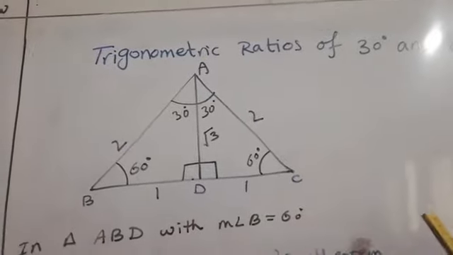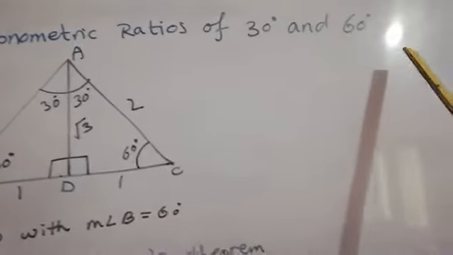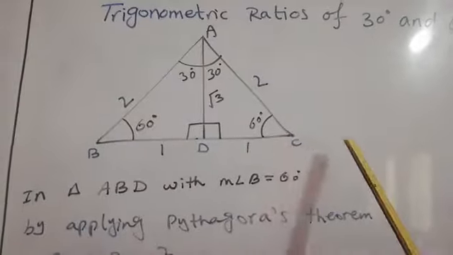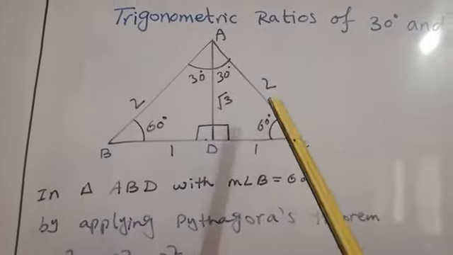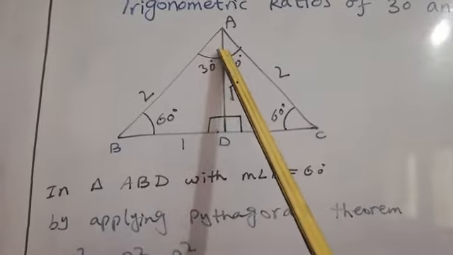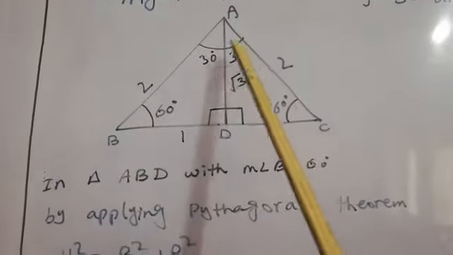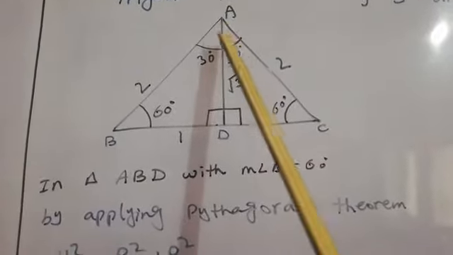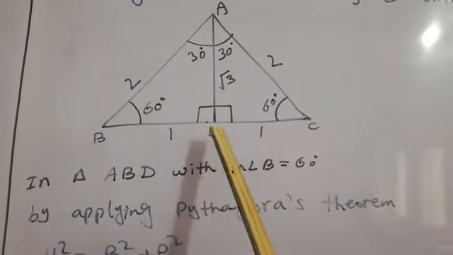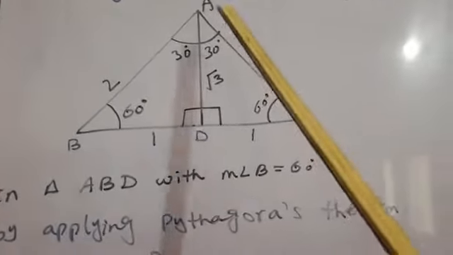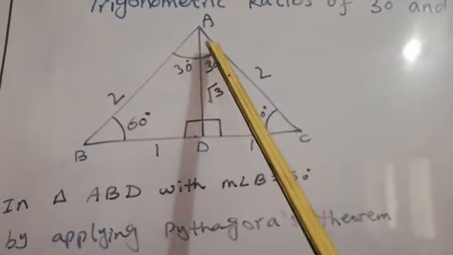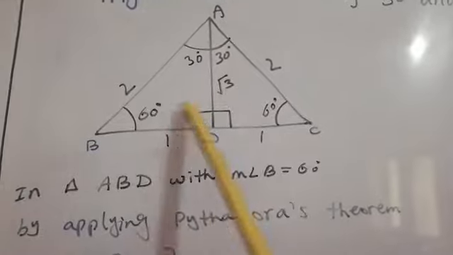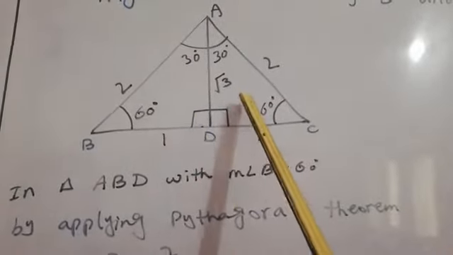Here we will define the trigonometric ratios of 30 and 60 degrees. How can we make this? First of all, you will draw an equilateral triangle, and you know that in an equilateral triangle, all the sides and the angles are equal. This angle is 60, 60, and this is also 60. And then we will draw the perpendicular or altitude in such a way that this is the perpendicular bisector, and it divides this angle into 30, and these sides are also congruent, meaning equal sides.